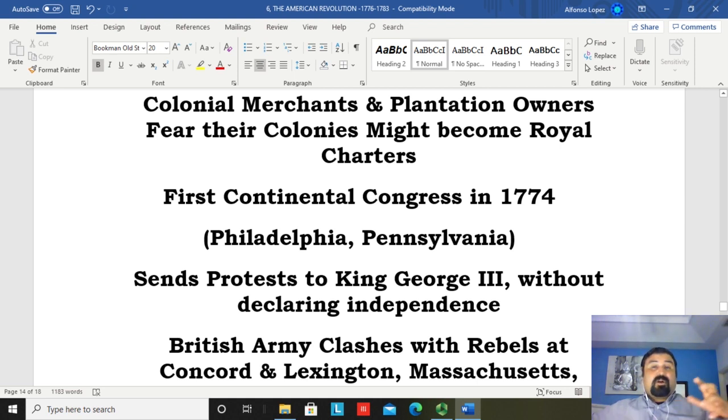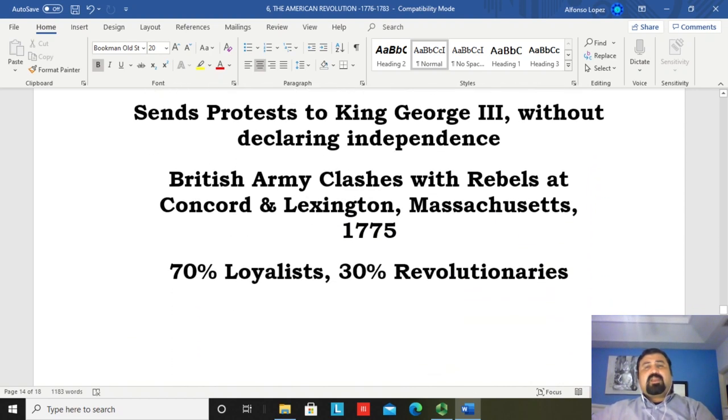In 1774, delegates from each of the colonies are going to come together and meet in Philadelphia, Pennsylvania. They chose Philadelphia to be the seat of this new emerging governmental structure that is totally controlled and represented by the colonists themselves. So the idea is we have to meet here in order to decide what we're going to do. We all have to agree, let's take a vote, in other words, as to what will be the best course